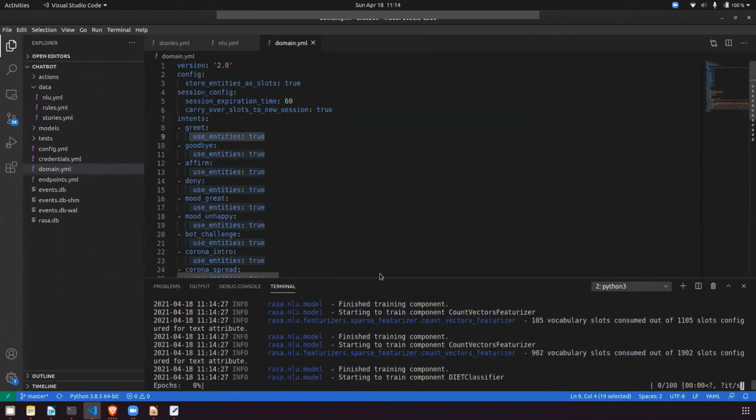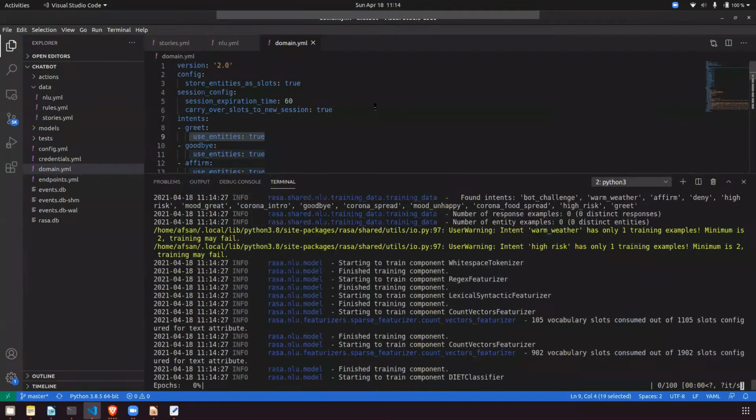Everything is happening again. I will expand this. This is an epoch. Those who know deep learning will understand what this epoch is doing behind the scenes. It will take a bit of time because I am running on a CPU and it's quite heavy data to work on. So yes, it will take time.